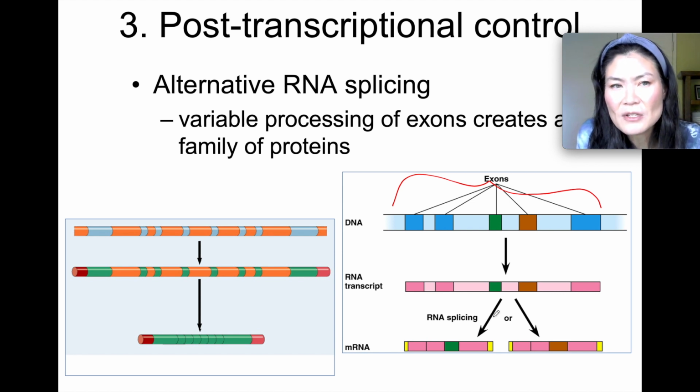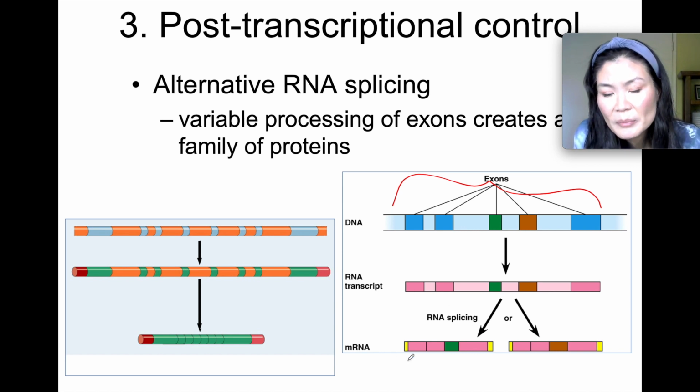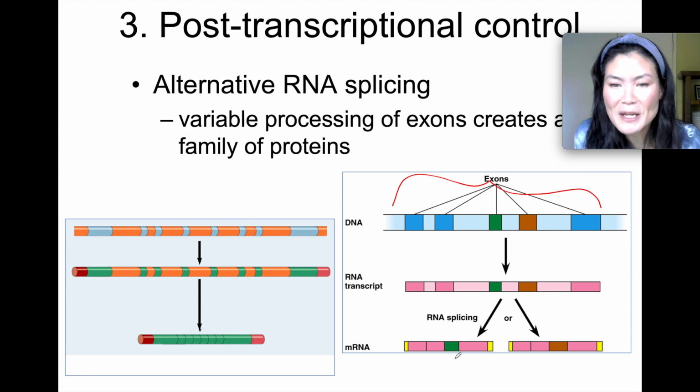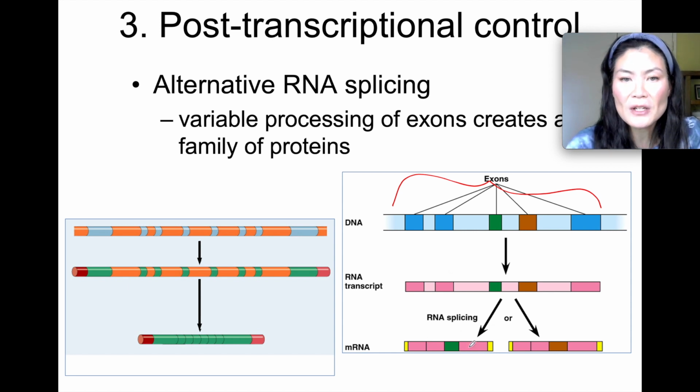And I think in your textbook, it even says that over 90% of your genes can be alternatively spliced. So most of your genes are going to have alternative splicing. So this is a way of gene control, because whichever protein your cells want to make, they can alternatively splice. Okay, and since we have already gone over alternative splicing, I'm not going to go over it again in this slide.